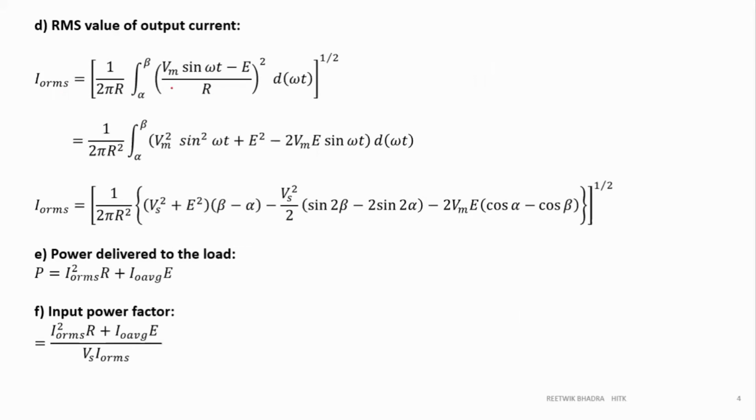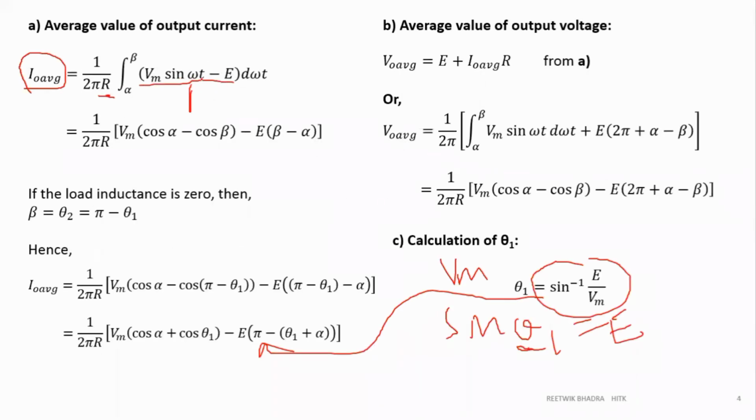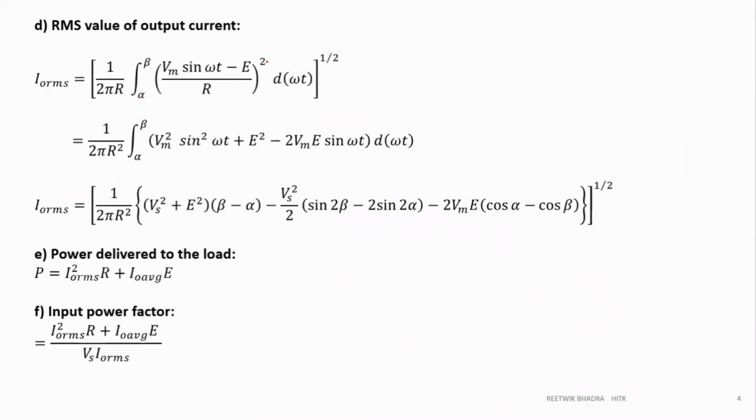So all these values are calculated as steady state. Now over here also, I naught RMS equals Vm sin omega t minus E by R, which follows this only, but there will be a square over here. Then all the integrations are done and you will get a huge equation. Please try to solve it and verify it. I have just directly written it over here. You can find the calculations given in the book also. You can do it on your own and verify whether the same thing is coming or not. I have explained in terms of Vs. You know that Vm is equal to root 2 Vs, so you can substitute it.